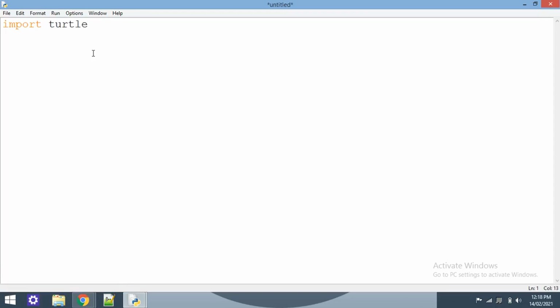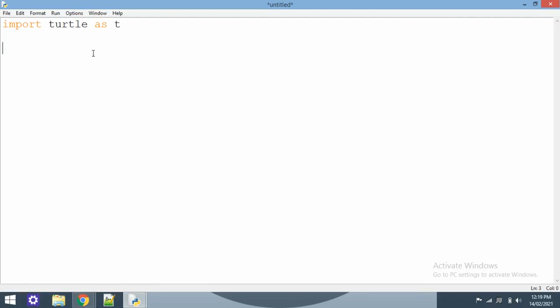We will import turtle as t. Whenever we use a Turtle library function, we can directly use t dot function name. That's why 'as t' is important. If you know a little bit about libraries, you already know this.